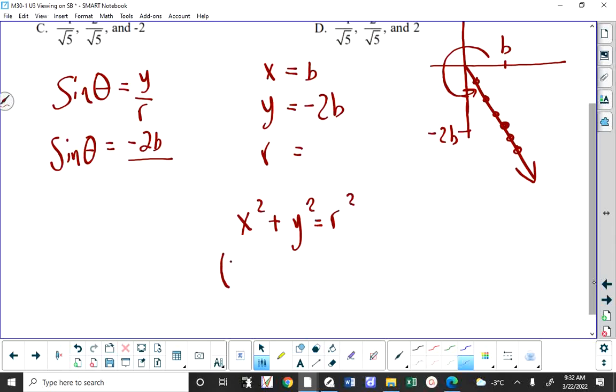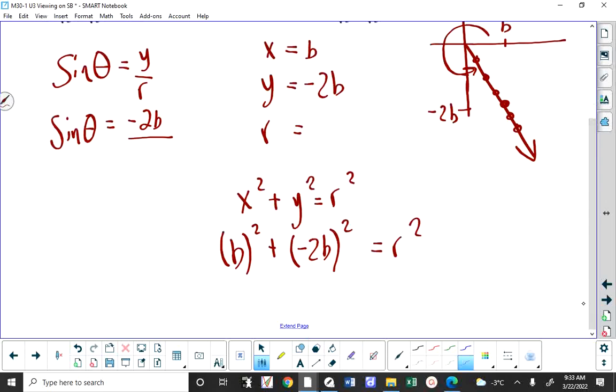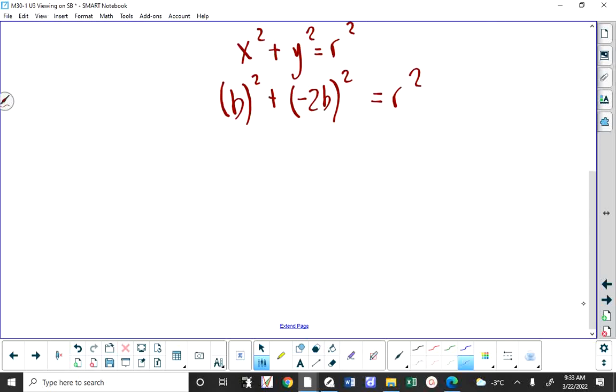So I can put in b for x, negative 2b quantity squared for y squared equals r squared. And I'm going to simplify that. So when I square b, I get b squared. When I square the quantity of negative 2b, the negative 2 squared becomes 4, and the b squared becomes b squared. So I'm left with this. Now I can add these together. I have 1b squared plus 4b squared, that's 5b squared, equals r squared,